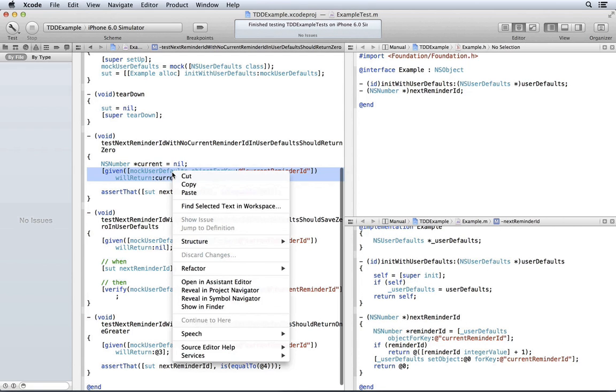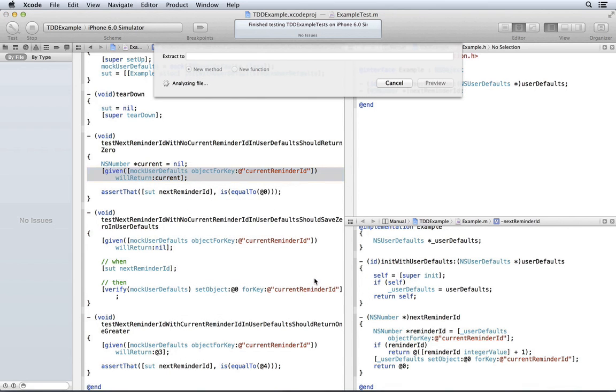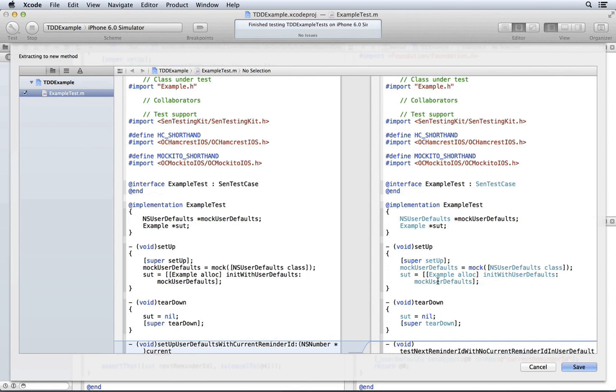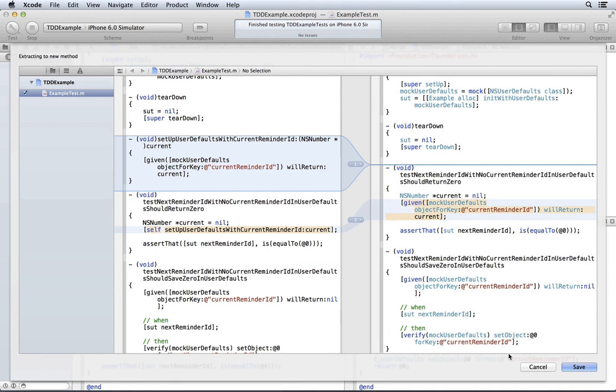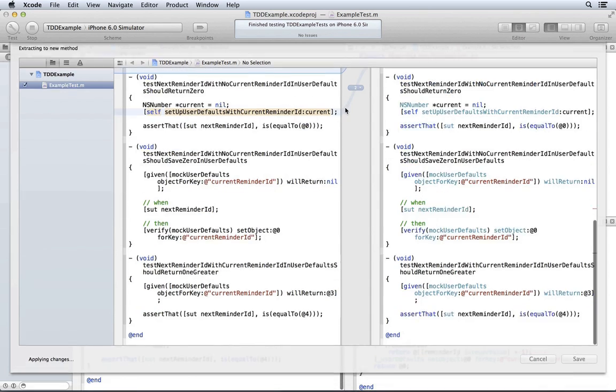Now I can take this and do a refactor, extract, and I'm going to call this set up user defaults with current reminder ID. Like that. That all is fine. No, I don't want snapshots.